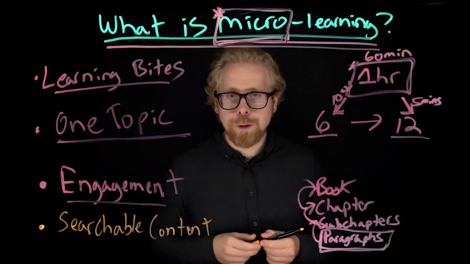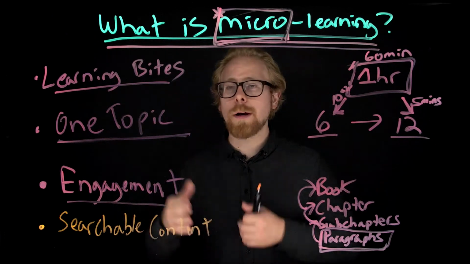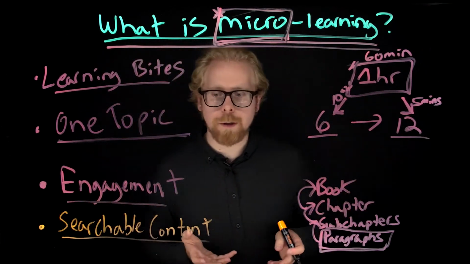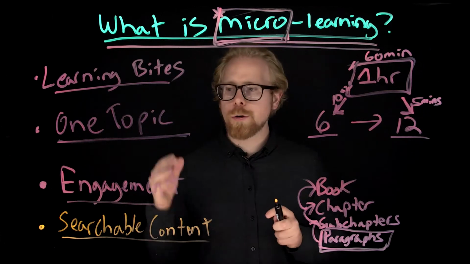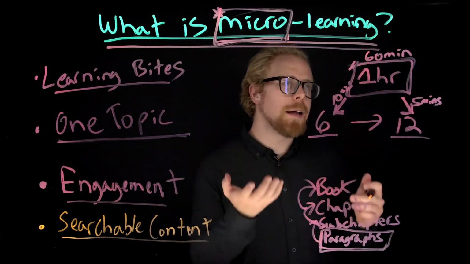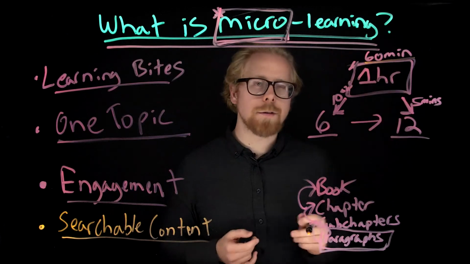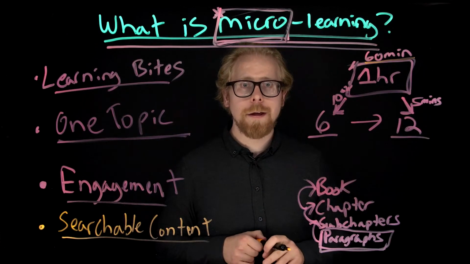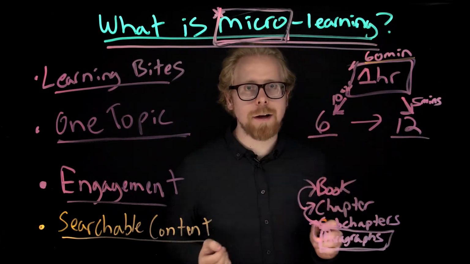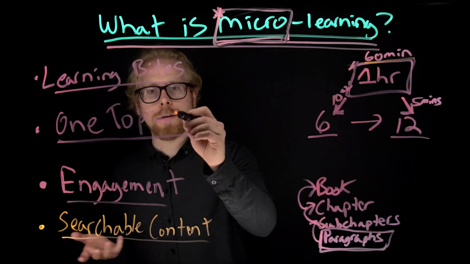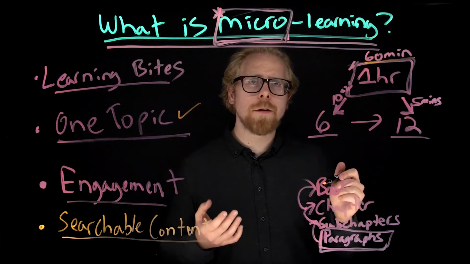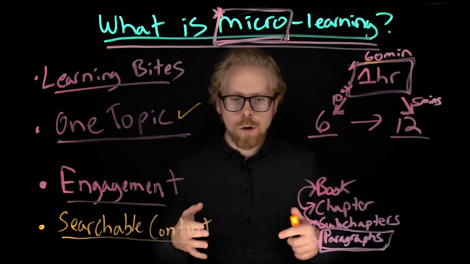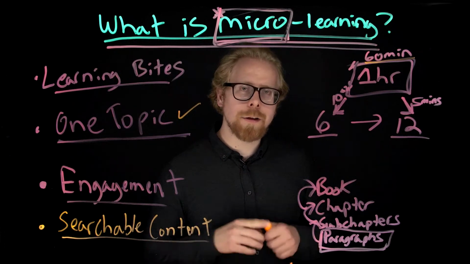Probably how you found this video on YouTube, you searched something about microlearning, or you got recommended this video from another video you either watched about microlearning or something related to this topic. The cool thing about microlearning is you are creating a database. Instead of having a 60-minute piece of content, like we said, you can have 6 to 12 pieces of content that are now searchable because each of these pieces of content has its own topic. It has one topic. So your students, your learners, retroactively can search, oh, I want to change my healthcare plan.